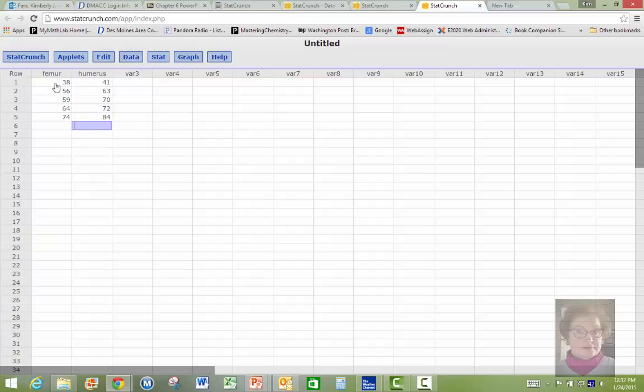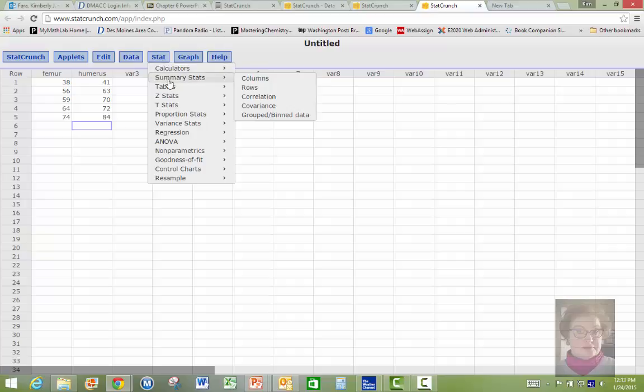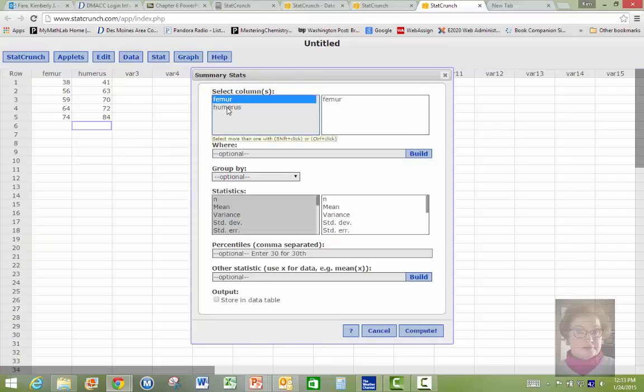Okay, now when you're going to do your calculations, you go up to Stat. I want to start with summary statistics. That's where we find the mean and the standard deviation, and my data is in columns, and I want to select both columns. We might as well do it at the same time. So if you shift click, you can choose more than one column, and I'm going to double check. It'll tell me the number, the mean, the variance, the standard deviation, the standard error, minimum, maximum, and the quartiles, and